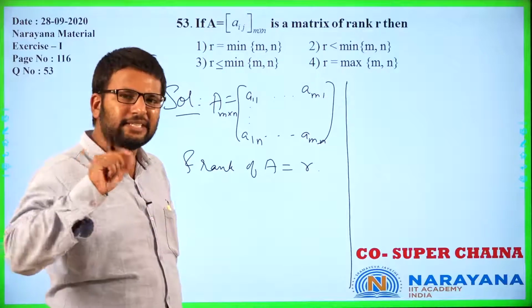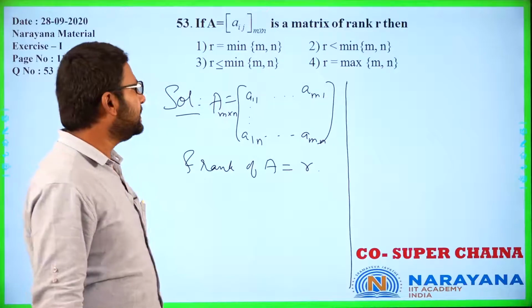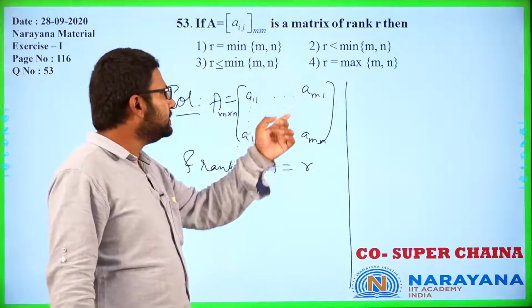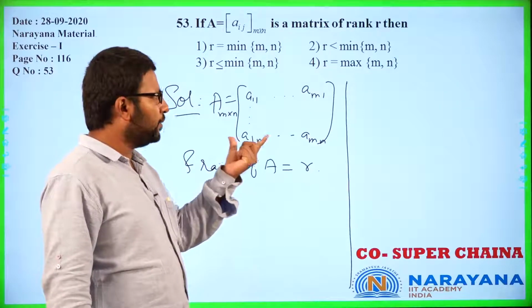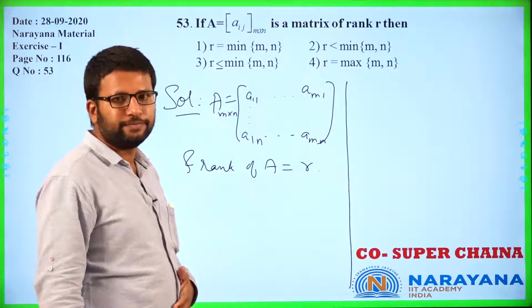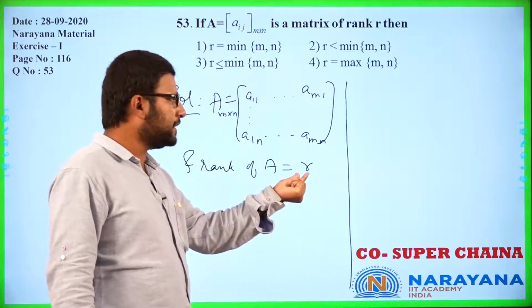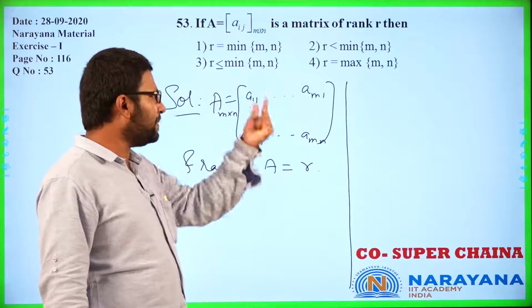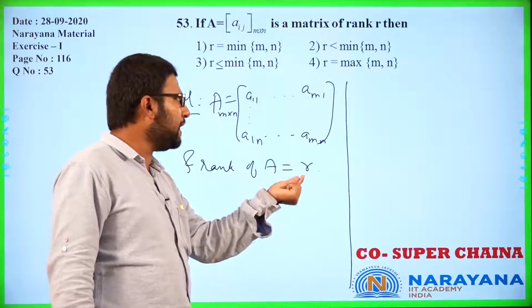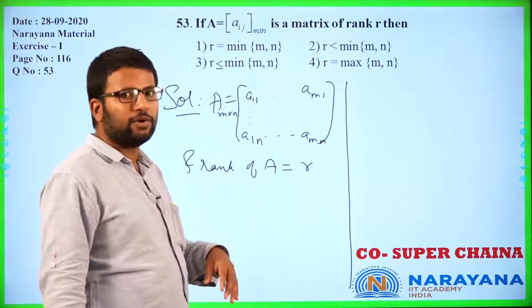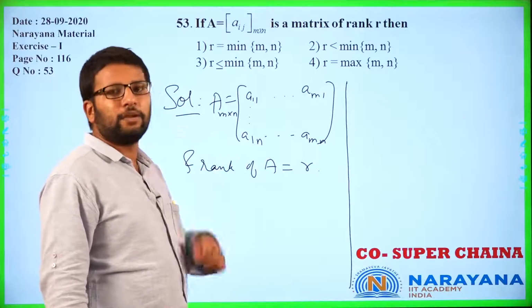Okay, again that definition, some people find it confusing. Think about it like this. For rank to be defined, you need a square matrix whose determinant is not 0. So you need a square matrix of that order whose determinant is not 0. Now if you need a square matrix of that order, that means clearly R is going to be less than either the length or the breadth of this rectangular matrix, right?